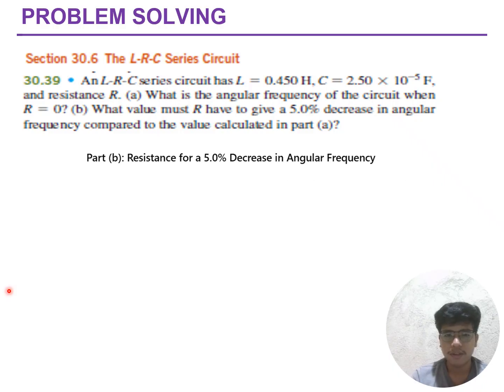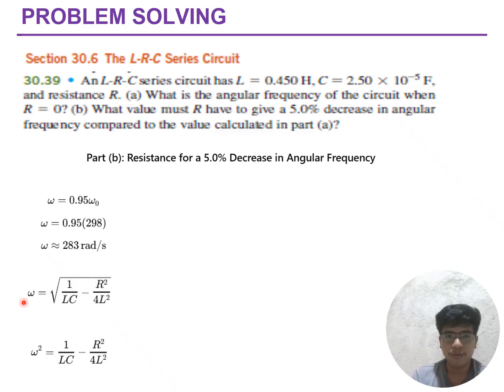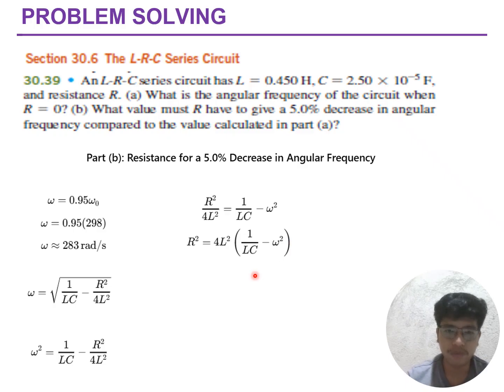Next is to calculate the resistance for a 5.0% decrease in the angular frequency. A 5.0% decrease means the new frequency is 95% of the original. So using the damped angular frequency formula, we have to square both sides. After we square both sides, we need to solve for R. So this is where it goes. As you can see, after we solve for R,